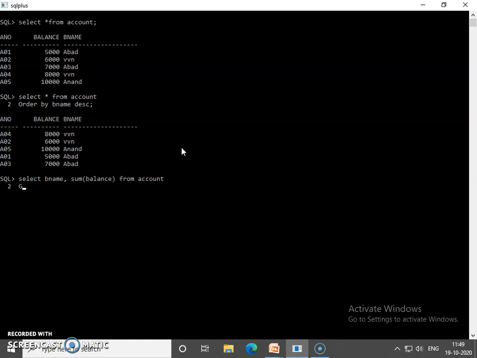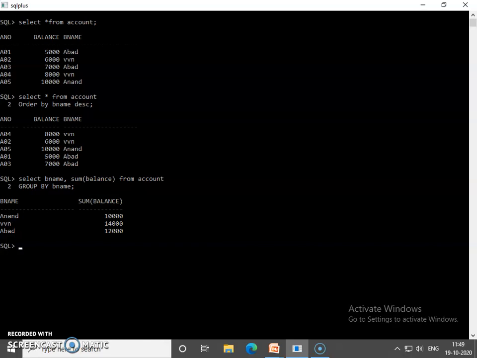Now we are going to perform the group by operation. We have to group all the data by the bname column, so the group by column name is bname. So all the branches are grouped.